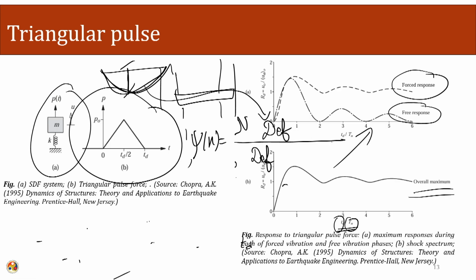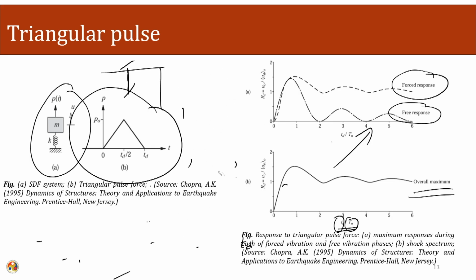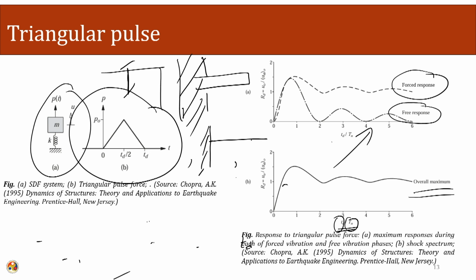From this shape function we make our m star, k star and p star, that is, the equivalent mass, equivalent stiffness and the equivalent force. Let us say we have a different system. Let us say we are dealing with a cantilever type of system. So, this was our system. We have been given a cantilever system, and this will be my approximation of a cantilever.